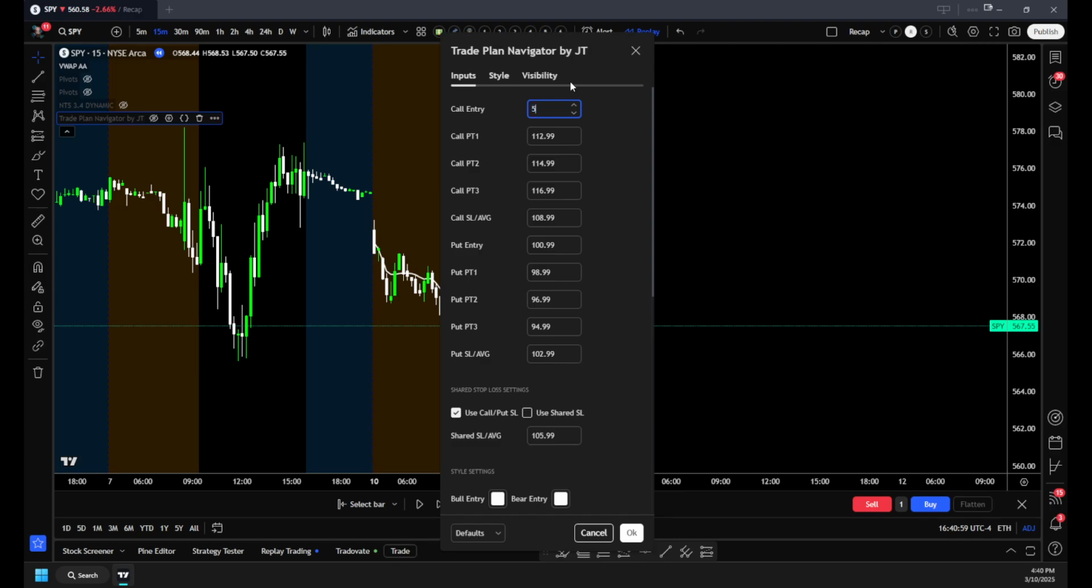So we've got 570.17 as our call entry. We've got 572.51 as our first price target, 574.64 second price target, 576.80 third price target, with a stop loss average down at 568.44. To the downside, we were looking for a break below 565.57 with targets at 563.58, second target at 561.49, and third put target at 559.95 with a stop loss average down at